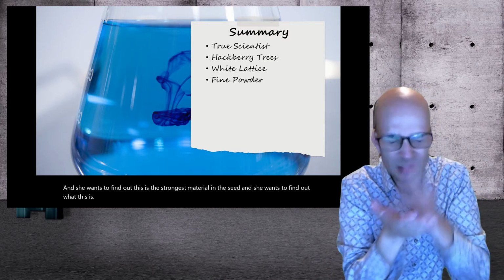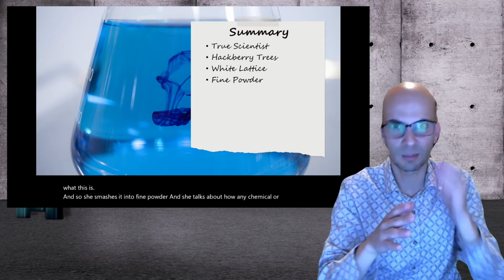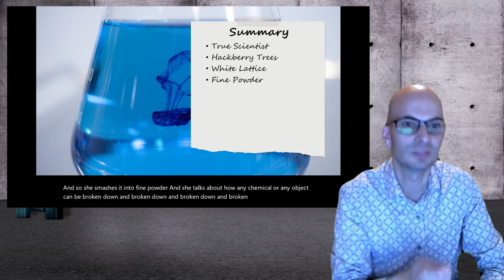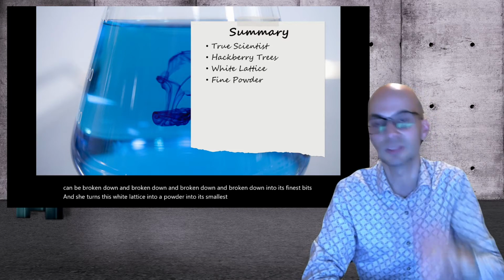So she smashes it into fine powder, and she talks about how any chemical or any object can be broken down and broken down into its finest bits. She turns this white lattice into a powder, into its smallest bits, and she takes those and x-rays them